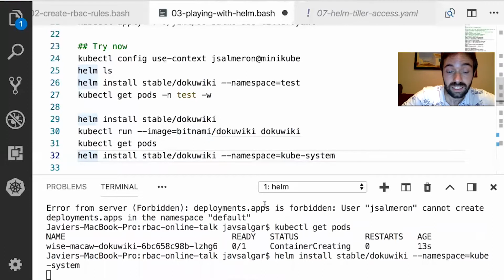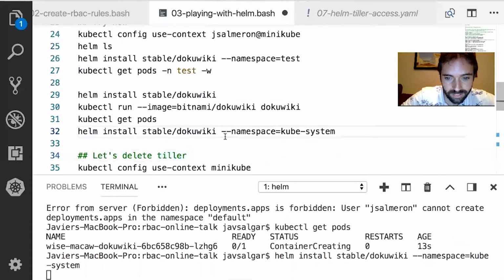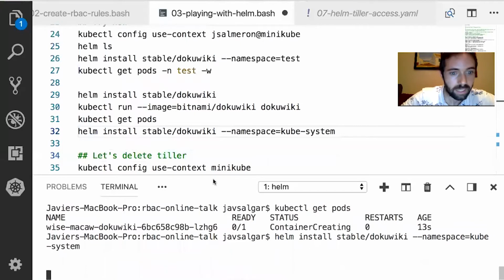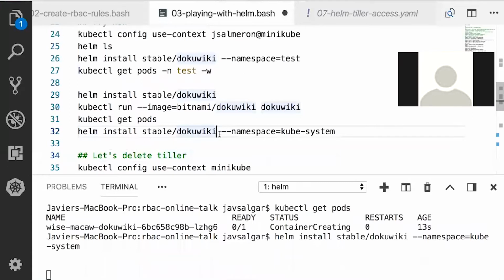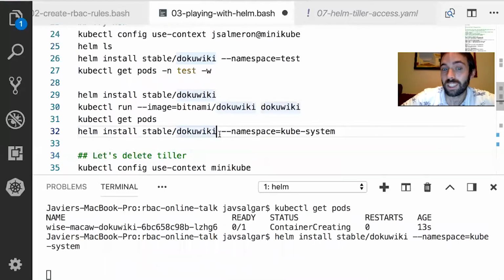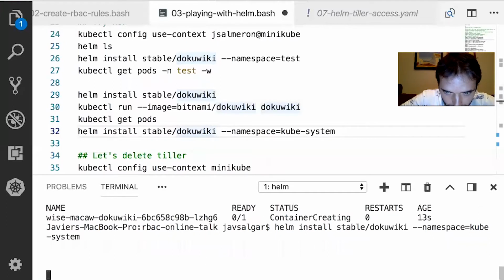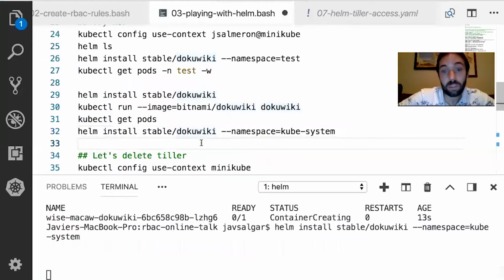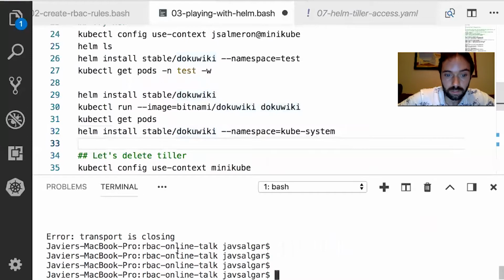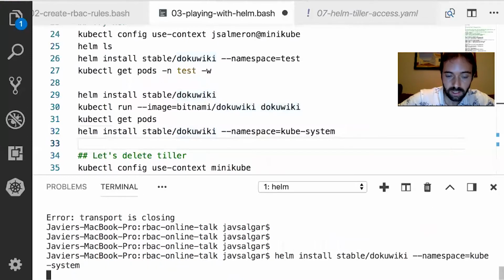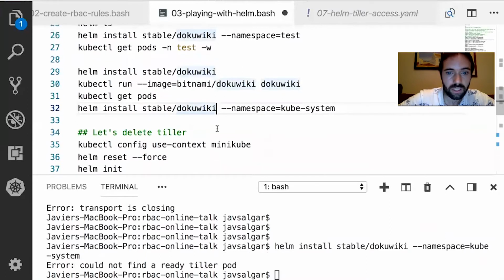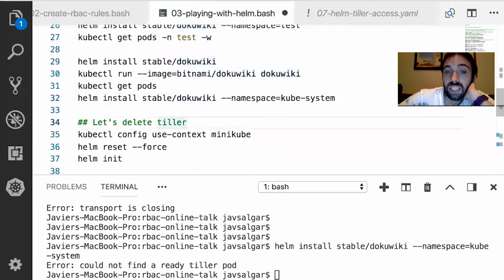And still, this dramatic pause here inside my Helm command. Wow. Well, one day. So basically, it will also be able to deploy it, which is kind of strange. Oh, what's going on here? Demo effect. How unexpected. Well, yes, it will be able to deploy inside the kube-system namespace. So transport is closing. I try again. Oh, something crashed. So this is kind of strange.